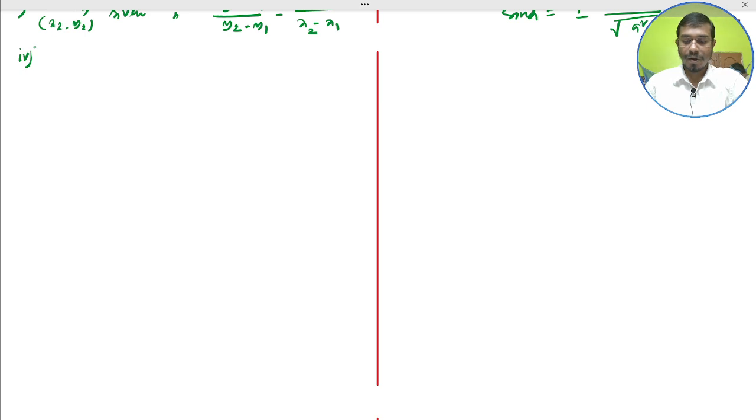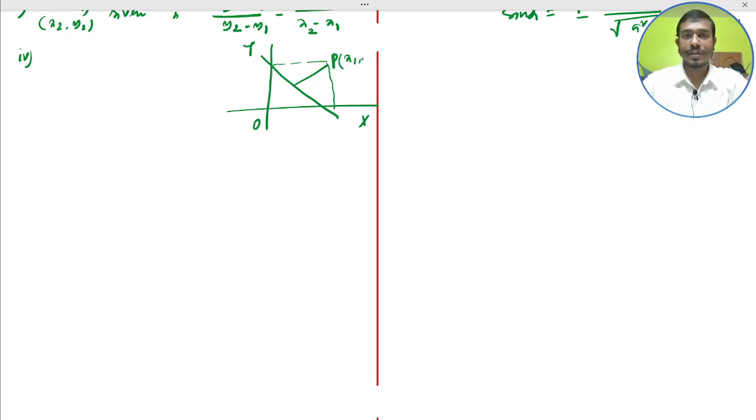Length of the perpendicular from x1 y1 on the line means: this is the origin, x and y axes, this is the line, and this is the perpendicular distance. So this is point P, x1 y1. Here this is D on the line AB. So this distance would be the perpendicular distance, mod of